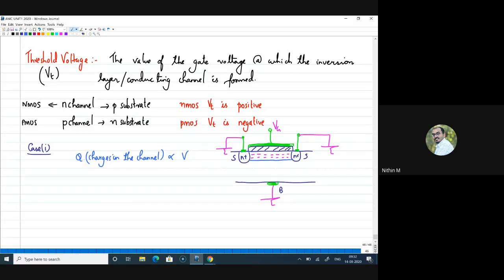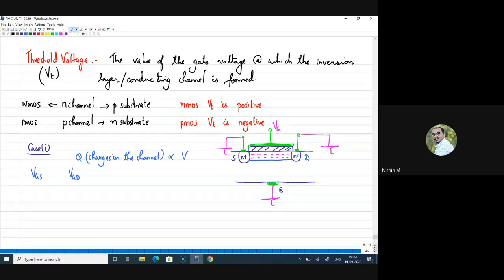The entire channel we can view in two ways. This side is near the source and the other is near the drain, right? If I look at the potential difference across the channel, I can consider it as VGS on one side, and at the drain end I can say the potential is VGD. Is this clear? I am now looking at the shape of the channel in a detailed way.